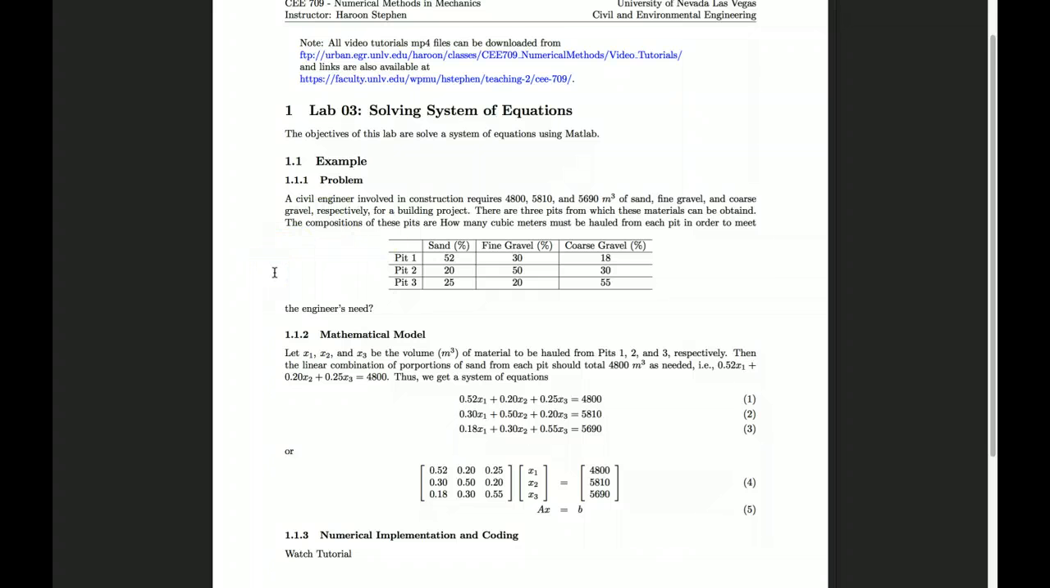So the civil engineer is trying to construct a building project, but he or she needs a certain amount of sand, fine gravel, and coarse gravel, which is given in the problem. So the question is, how should he or she combine pit 1, pit 2, pit 3? How much should be taken from each of these pits and combined so we get these proportions in the final product? So it's a problem of linear system of equations, and if you